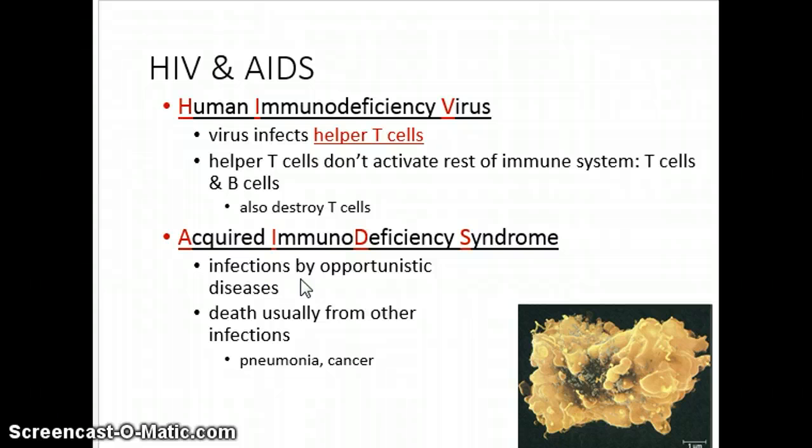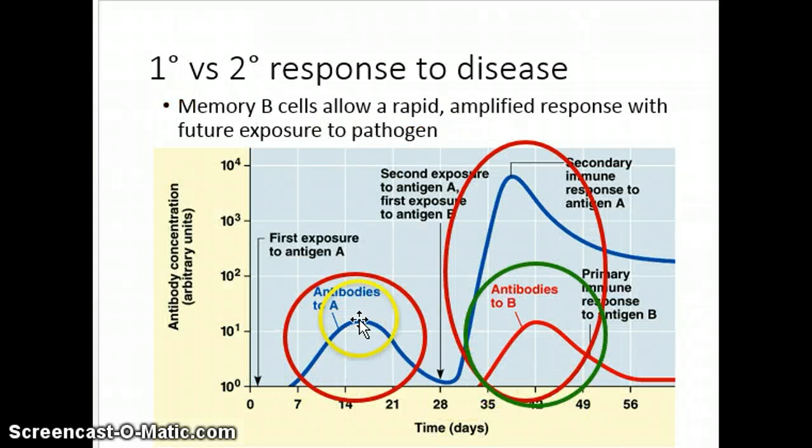We saw on that graph before how we can get this response that helps us to feel better with the release of antibodies, or we have cytotoxic T cells taking care of diseased cells within us. Without our ability to do that, we end up with infections just going wild because we have no antibodies